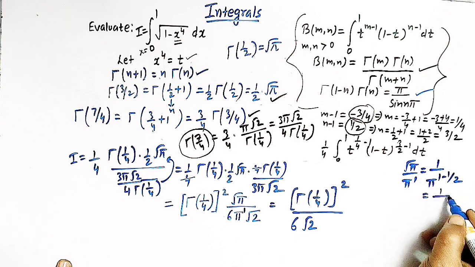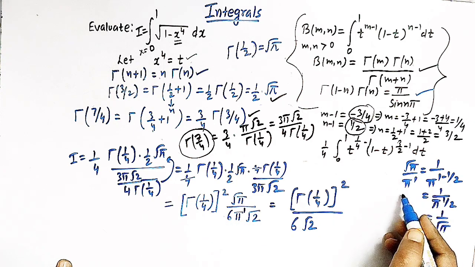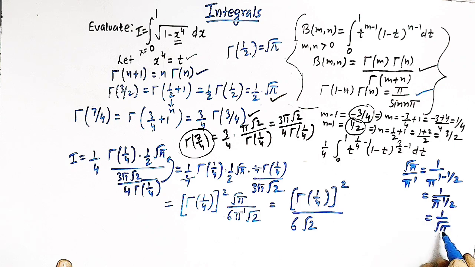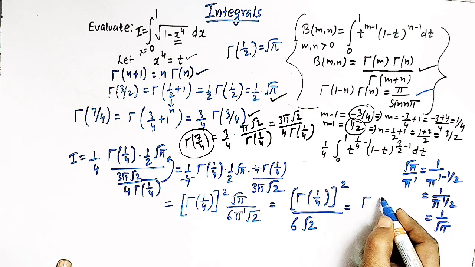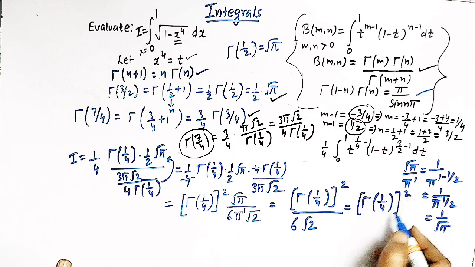And this 1 minus half is simply pi raised to half, that is 1 over root pi. So we can now substitute the value of root pi over pi as 1 over root pi. So we can now write gamma 1 over 4 square, and then we have here 6 root pi times root